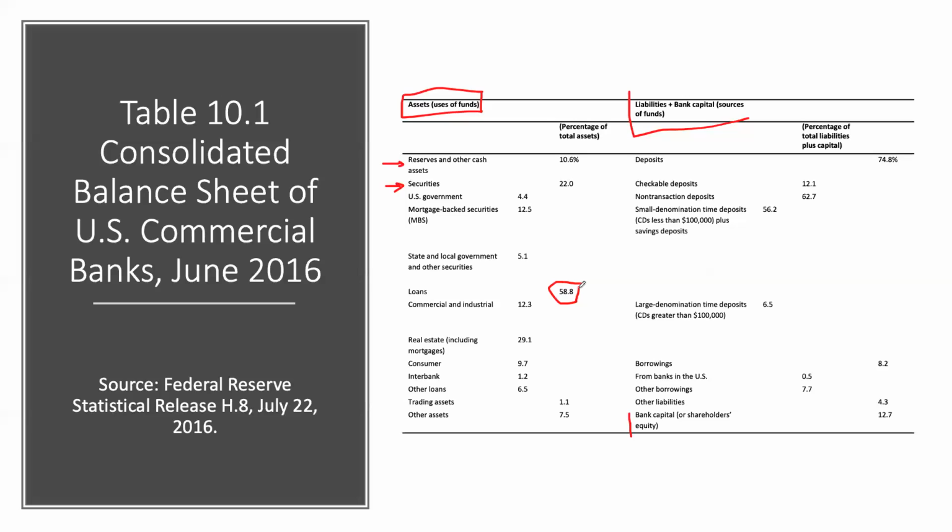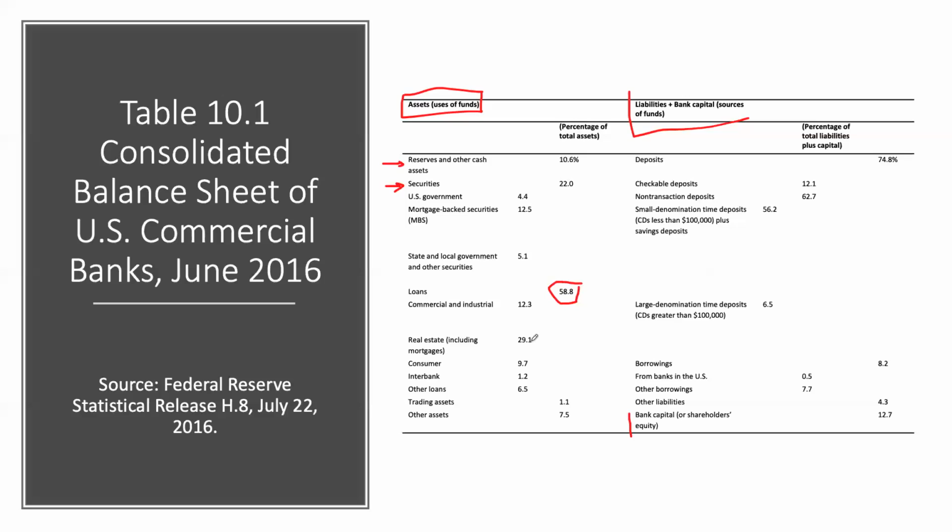As you can imagine, a commercial bank's primary business is to make loans, and about 58.8% of its assets are in the form of loans. And here we have a quick breakdown of what kind of loans a typical commercial bank holds. About 12.3% is in the commercial and industrial sector. These are loans made out to firms to buy equipment, to finance inventory, and so on and so